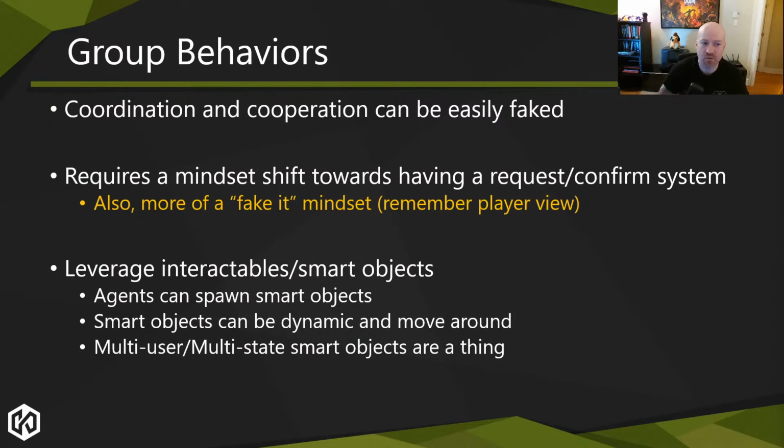So I think the major takeaway fundamentally is that a lot of the coordination and cooperation that people ask for via group behaviors can actually be faked in a lot of ways without the need for explicit managers and group behaviors and code that says, oh, I have 2 characters, then they need to do this. If I have 3, then it's this formation. If it's 4, then it's another formation. And oh, if one dies, then this one has to be the leader. You don't need any of that, right?